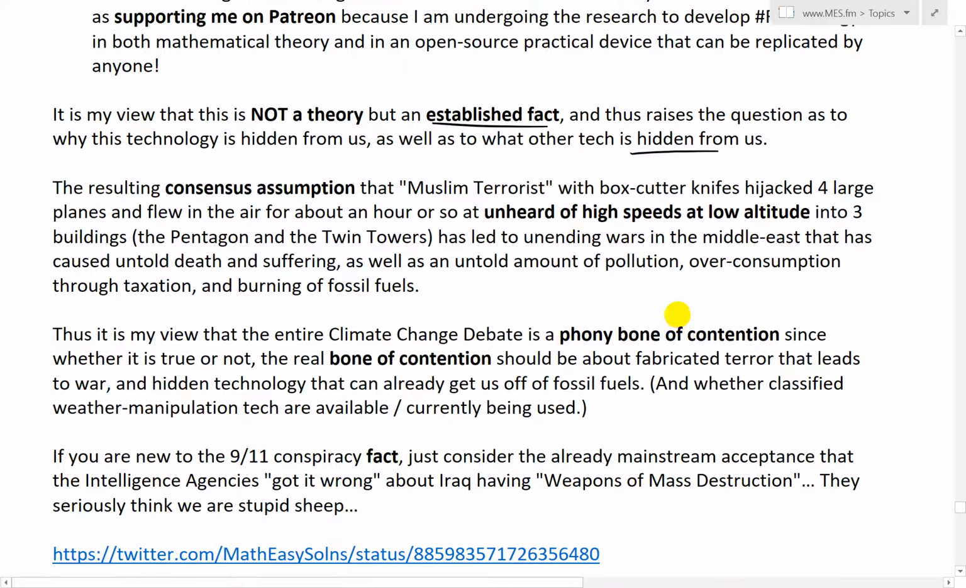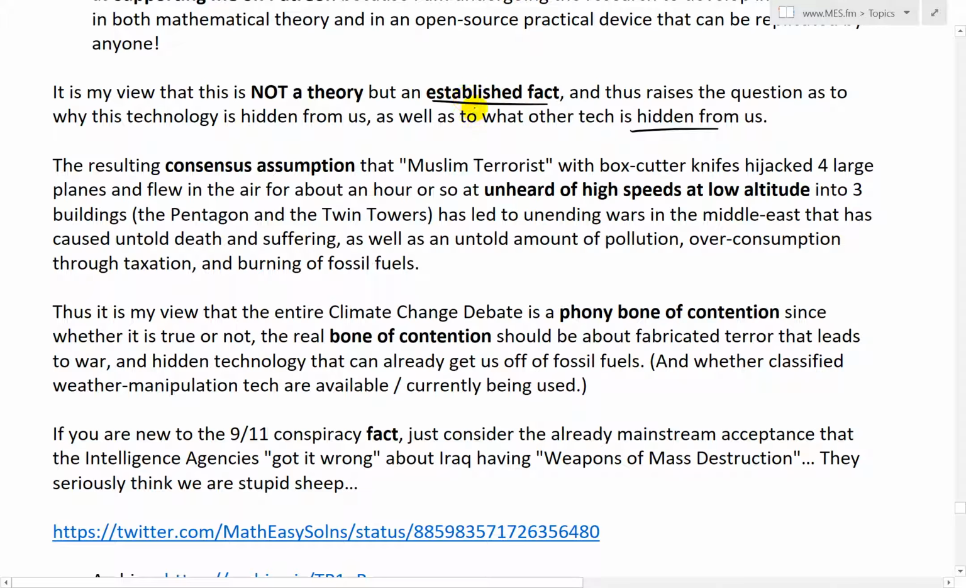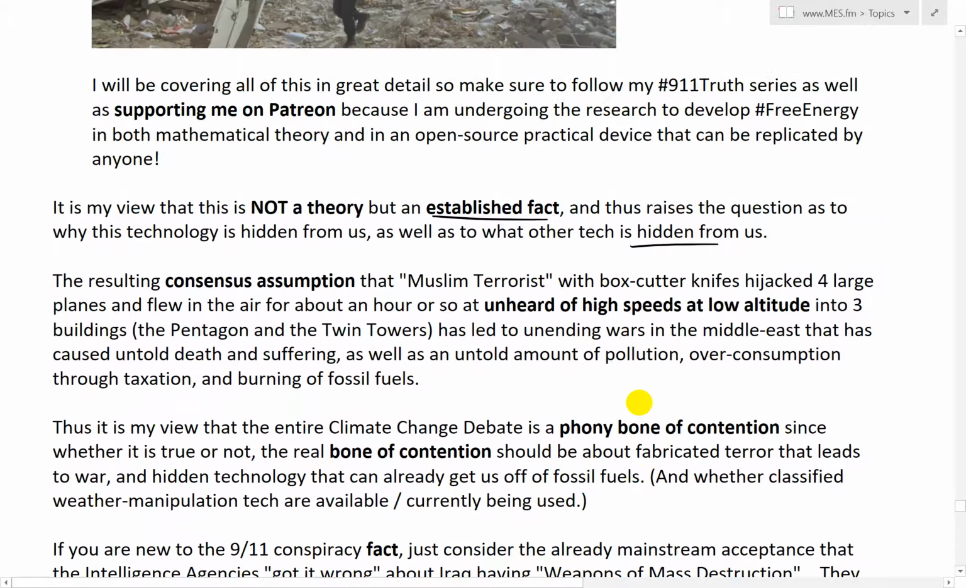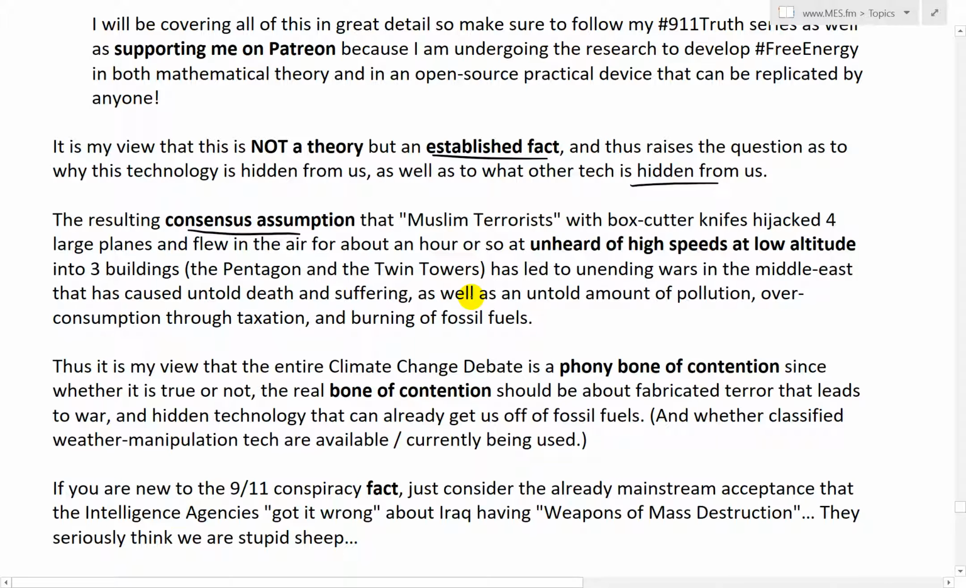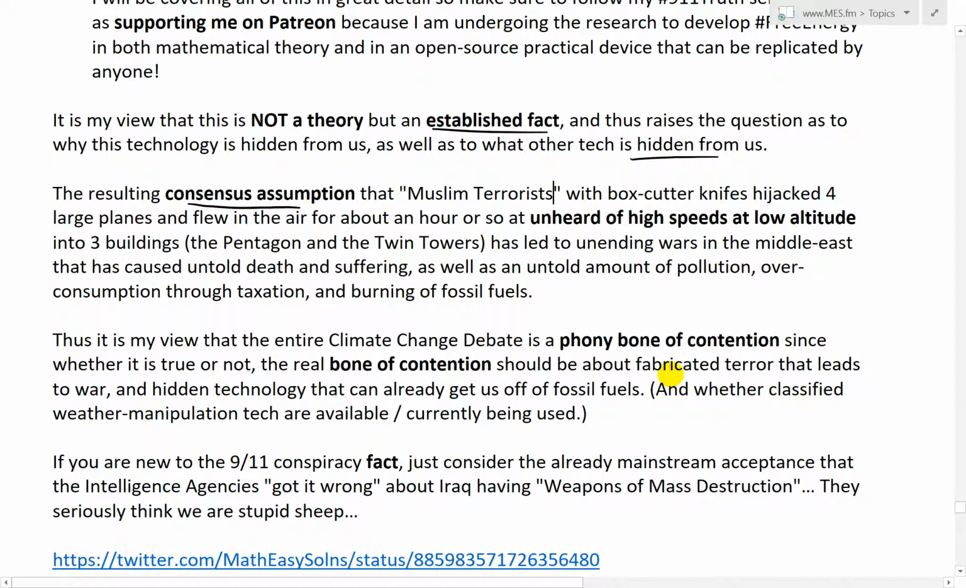Judy Wood's book, Where the Towers Go. So again, it is an established fact in my view, not a theory, that it was using top secret technology that can do that. The resulting consensus assumption, again, there's a consensus word, that Muslim terrorists with box cutter knives hijacked 4 large planes and flew them in the air for about an hour or so undetected or unshot down by CIA drones or whatnot, at unheard of high speeds at low altitude for those kind of planes into 3 buildings, the Pentagon and